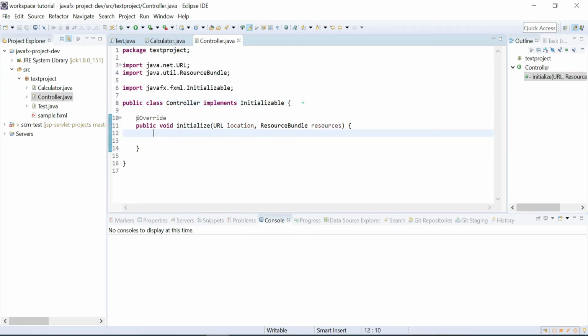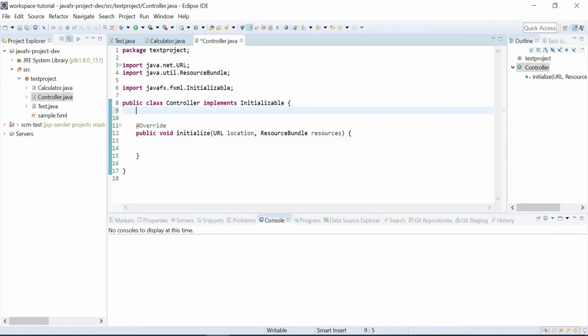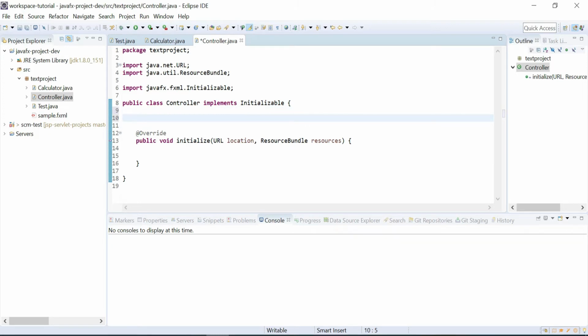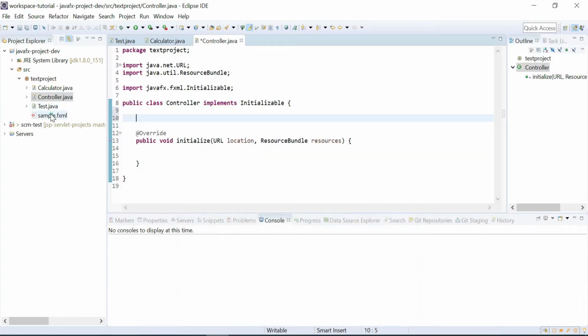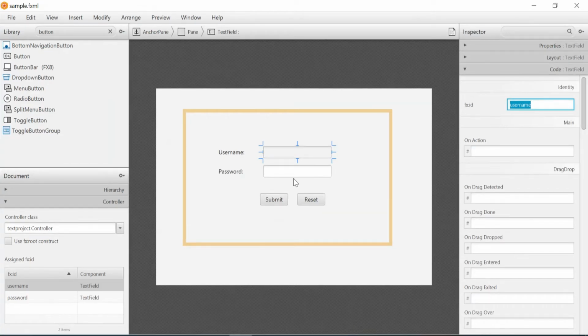What we have to write here, we will see. And here I'm going to configure whatever fields we have used.